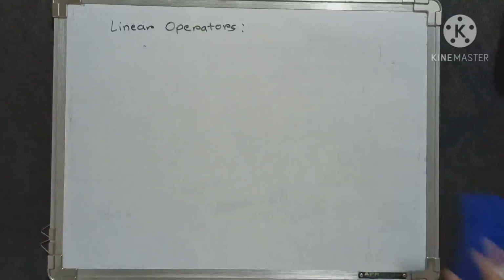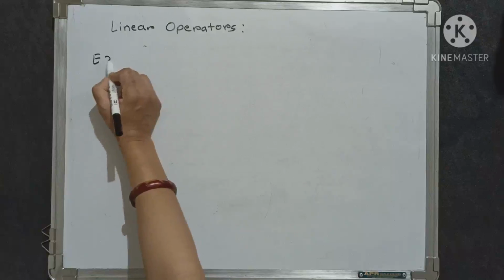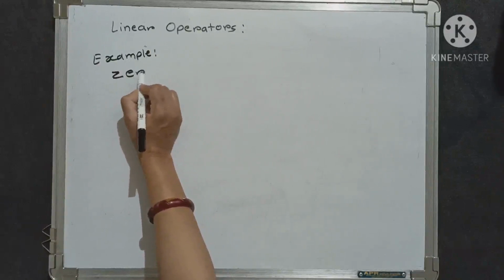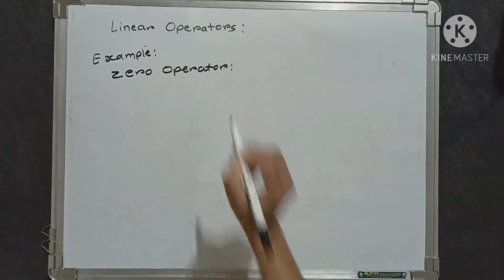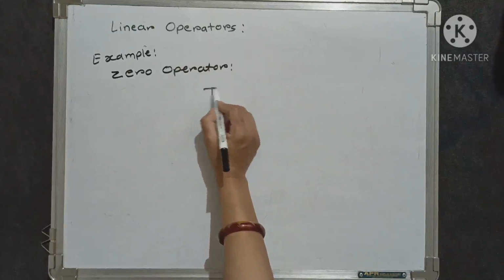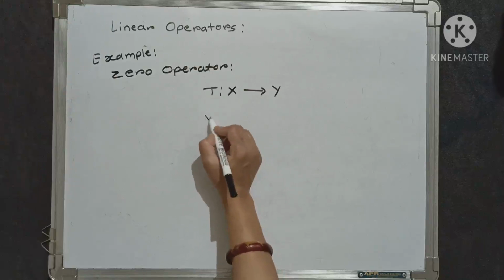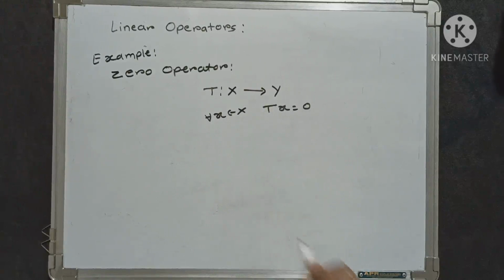Now after seeing the linear operator, we come to the examples of linear operator. The first example of the linear operator is the zero operator. It is an operator which gives the value 0 to each element. That means here, if T is the mapping from the vector space X to Y, then for all x belonging to capital X, Tx equals 0. Then this zero operator